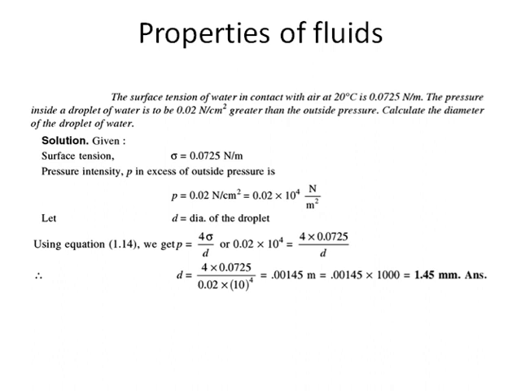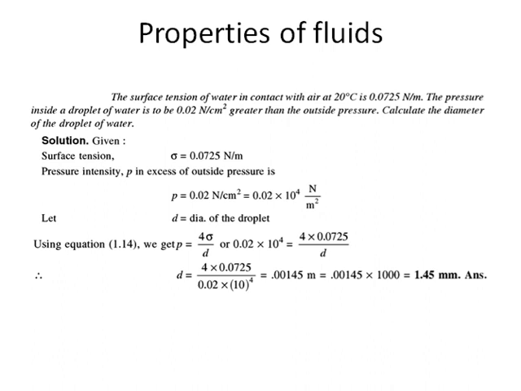Surface tension, I told you, is a kind of force per unit length, which is denoted by sigma. So the unit for surface tension is Newton per meter. Then we discussed surface tension in a liquid droplet and on a hollow bubble. Fine. So we derived a relation for the intensity of pressure for liquid droplets and for a hollow bubble. For a liquid droplet, it was P = 4 sigma by d, and for a hollow bubble it was P = 8 sigma by d, where P is the pressure, sigma was surface tension, and d was the diameter of the bubble or, you can say, droplet.